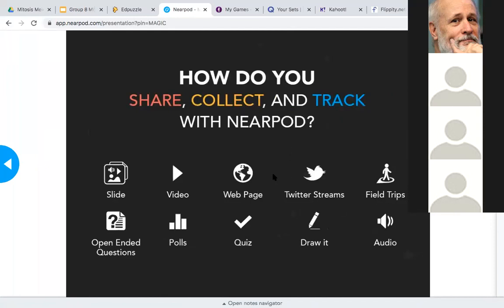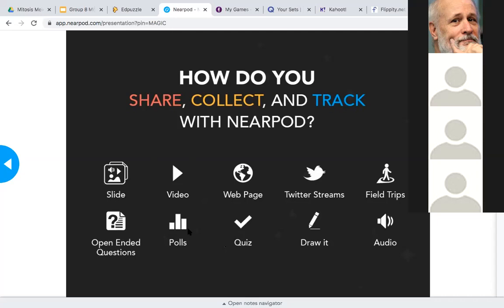I'm going to show you one of my personal Nearpods so you can see how some of these applications work. This is a lecture I just did in 1308. You have all these options. You can input your PowerPoint slides, create your own slides, and add videos, quizzes, and polls.